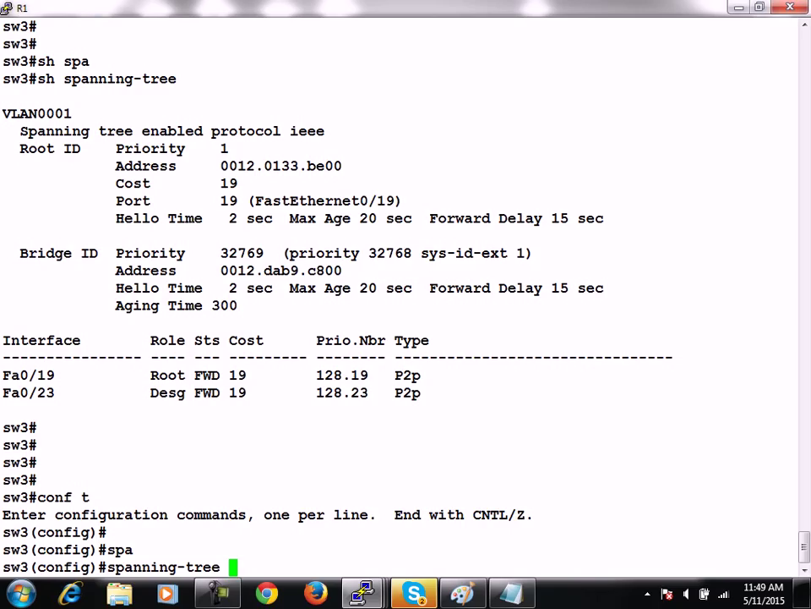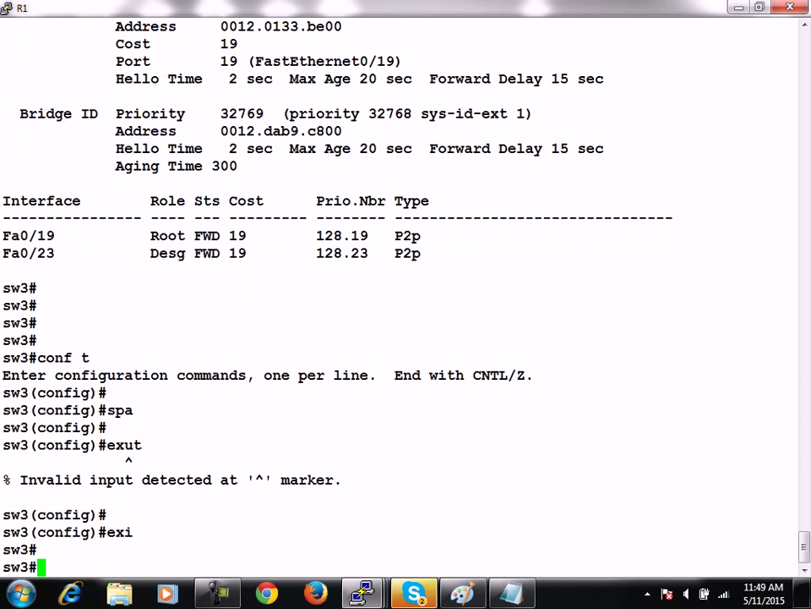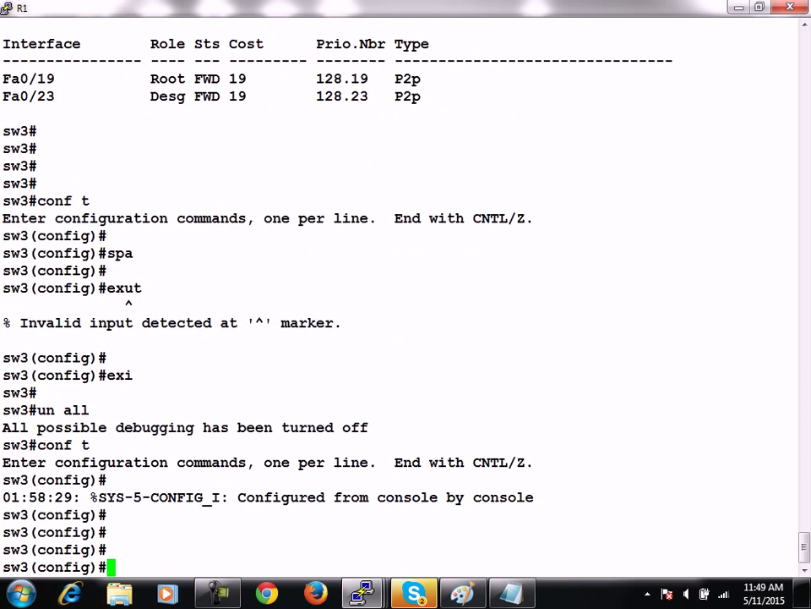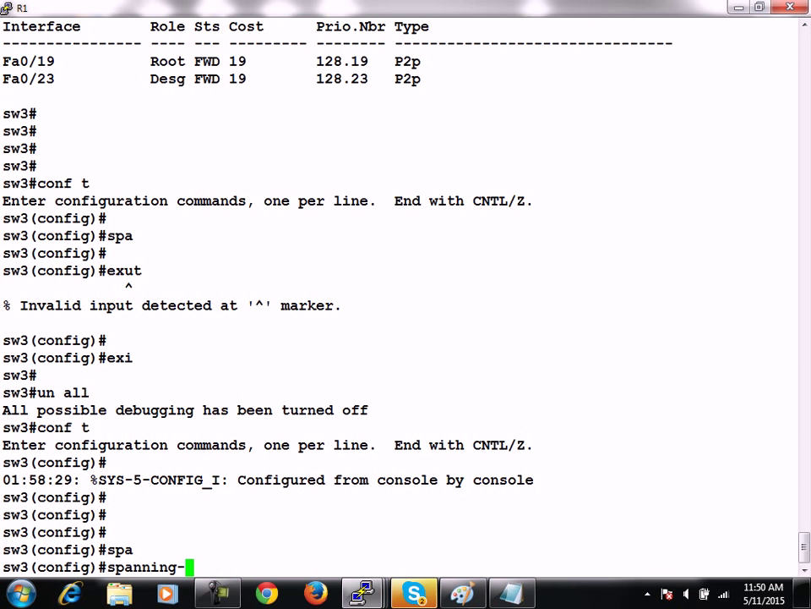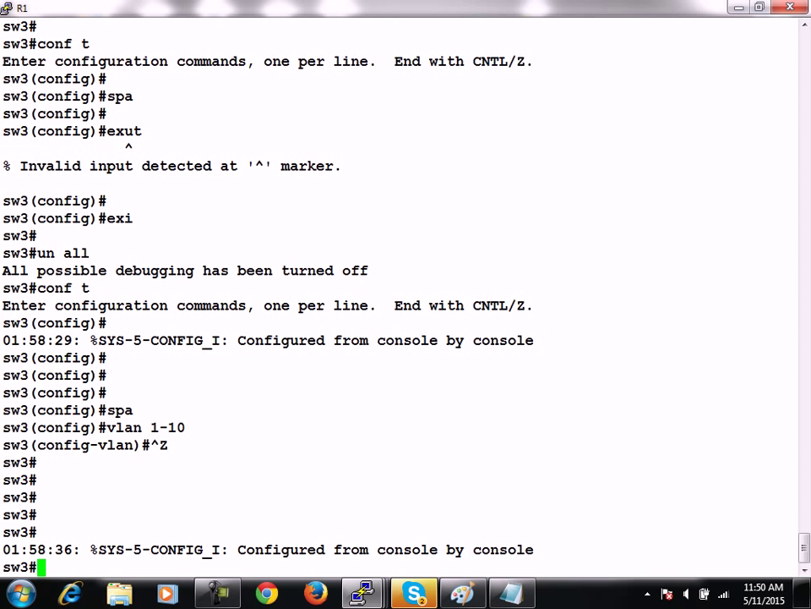Because in case of STP, of course it must run CST, common spanning tree, right? But CST is not supported by Cisco switches at all nowadays, and Cisco implemented its own protocol which is known as PVST+. That is why if you have multiple VLANs on your switch, for example, let me show you. Enable spanning tree on all. Sorry, first of all create some VLANs, let's say 1 to 10. So you will see that the switch will run